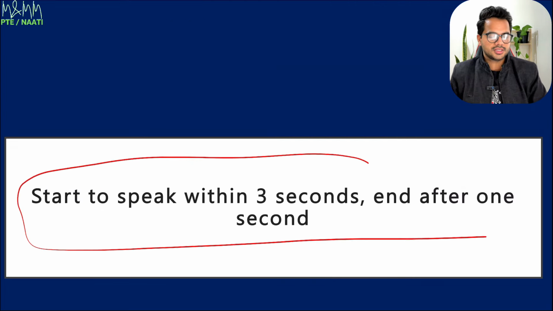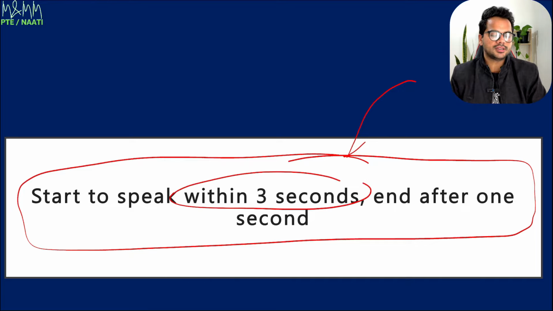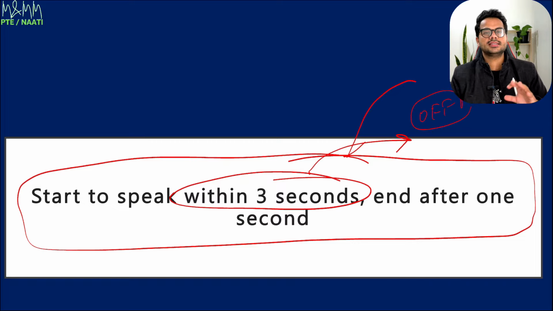Next one. Now this is one thing, and this applies to your entire speaking, and that is when the recording starts, you have to make sure you start to speak within the 3 seconds, because if you do it after 3 seconds, the microphone goes off. So that means you have missed the chance to answer that particular question. And it's game over. Like you can't redo that or re-attend that question. It's gone. So you lose marks for that complete question. So make sure when the recording starts, the microphone opens up straight away. And within 3 seconds, you have to start speaking something. Otherwise, the mic